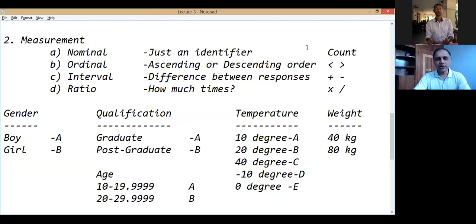So what is the property of ratio? How is it different from interval? The biggest point of ratio measurement is the 0 is fixed. The 0 makes sense. In the interval, please look at 0 degree temperature. When I say today it's a 0 degree temperature, it's very cold. Am I saying there is no temperature today? No, there is a temperature and we call it 0. So 0 is not the absence of the phenomenon. The real 0 means absence.